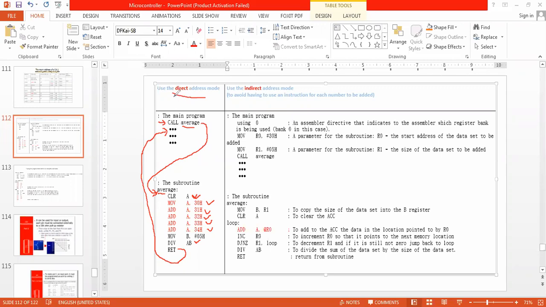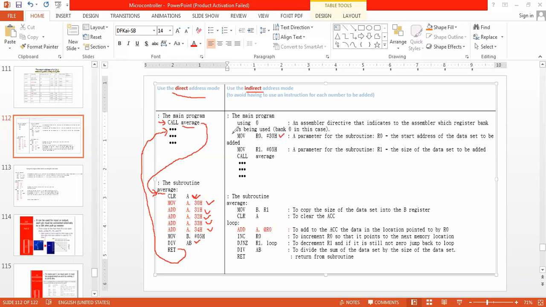Okay, so direct addresses I have used here. When it is an indirect addressing mode, to avoid main basically having an instruction for each address to be added, what is happening here? Move R0 comma 30h.